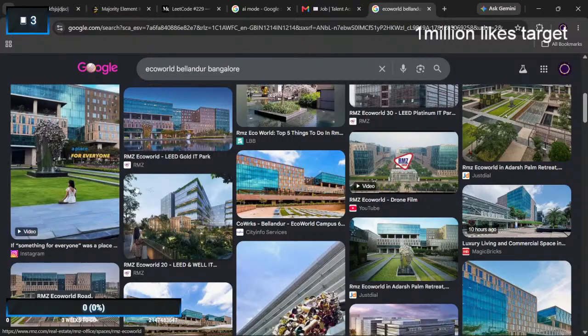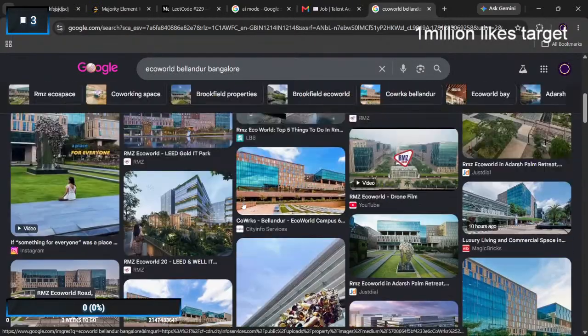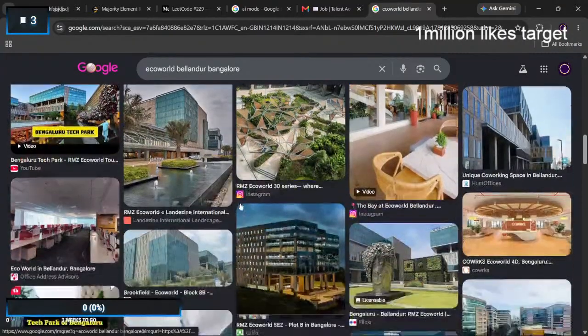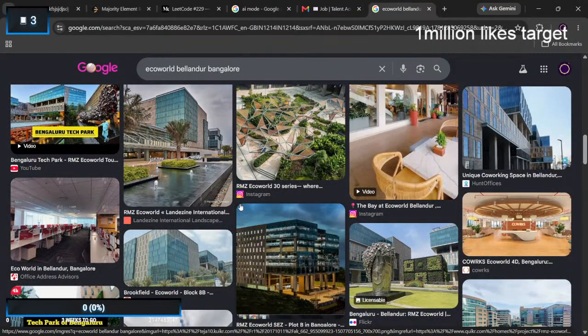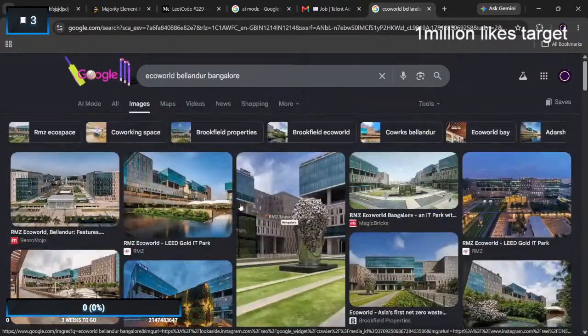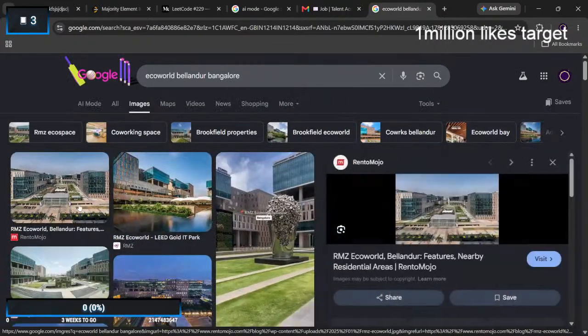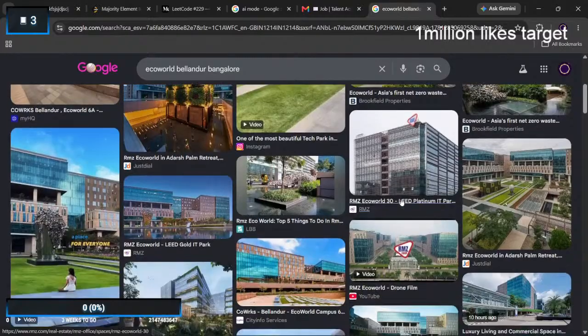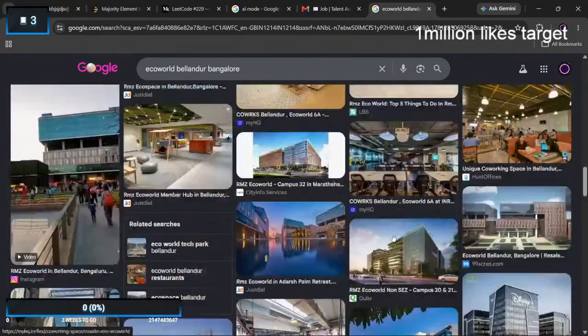A place for everyone? Or is this like the whole building belongs to this company, or a floor belongs to this company? Company looks good, but I don't know.